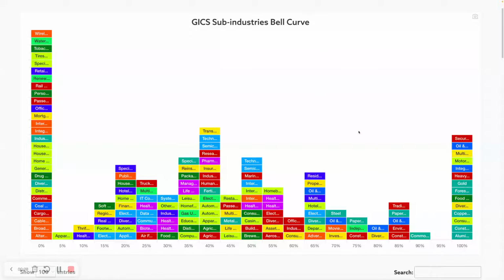Just want to do a brief midweek video just highlighting yet more new features on the stage analysis website before a little run through of what's going on in the indexes and short-term breadth. So this week I've been working some more on the sub-industries bell curve. This is also going to be available for the industry groups and